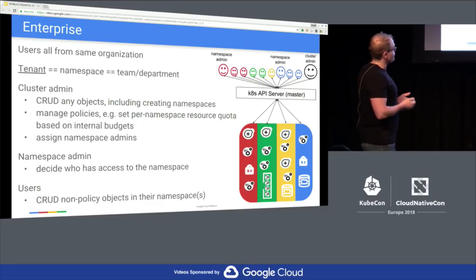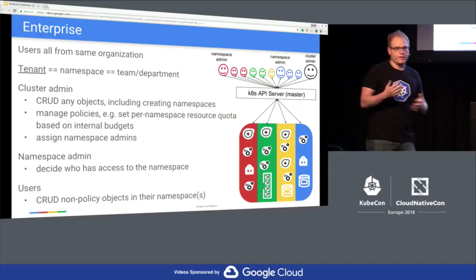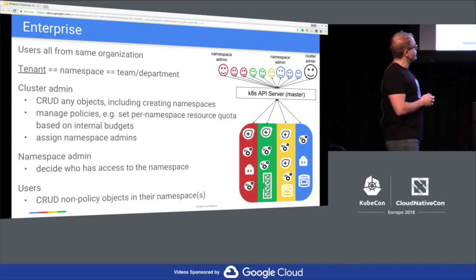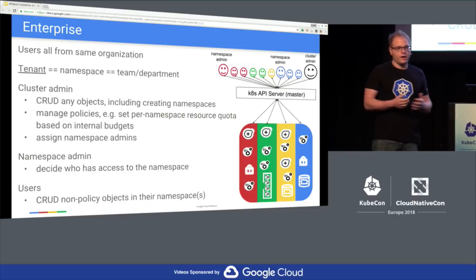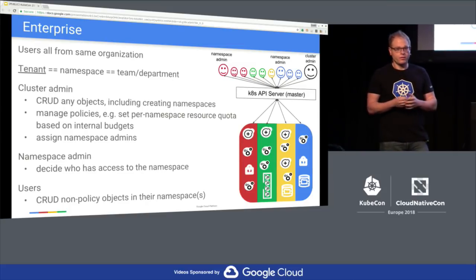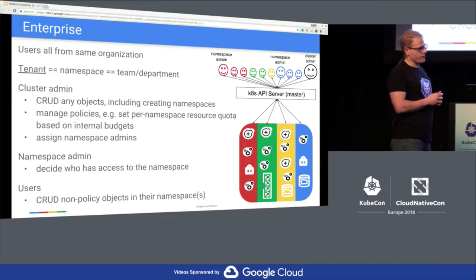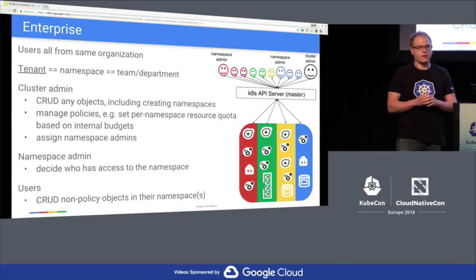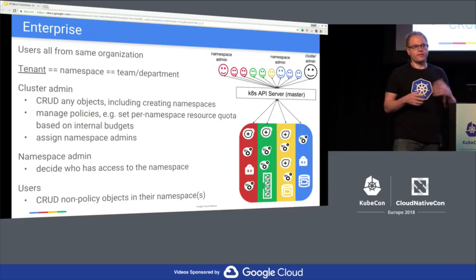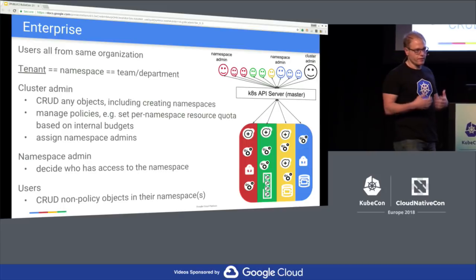They can also manage policies, for example, setting per namespace resource quota based on some kind of internal budgeting that the organization uses. And also, sometimes there's a sort of delegated authorization model where the cluster admin can assign namespace admins who get to decide who has access to the namespaces. So the namespace admin may not be able to control things like the quota or the network policy, which we'll talk about later, but they can decide who is a member of their team or department